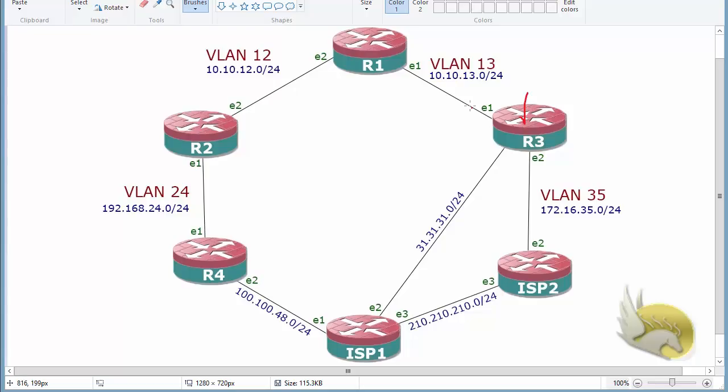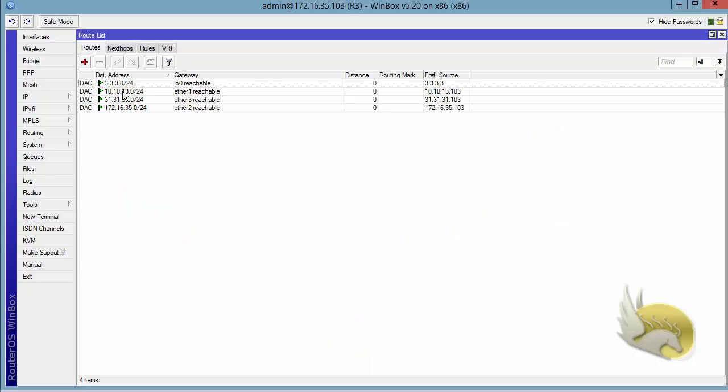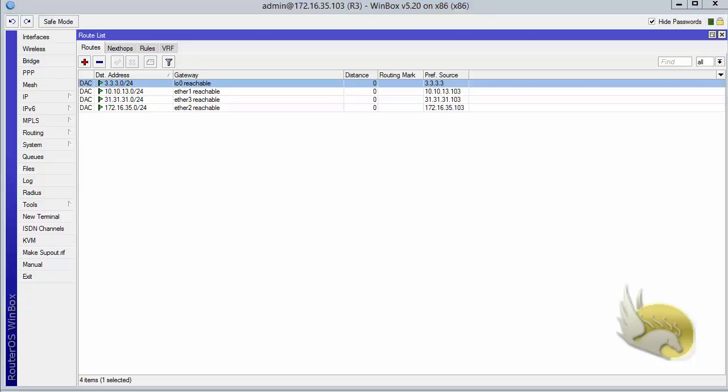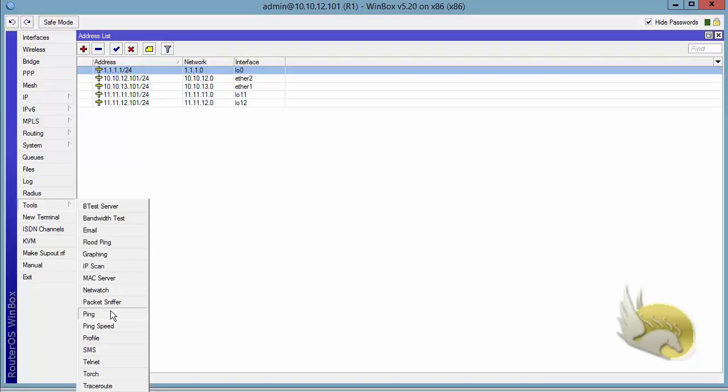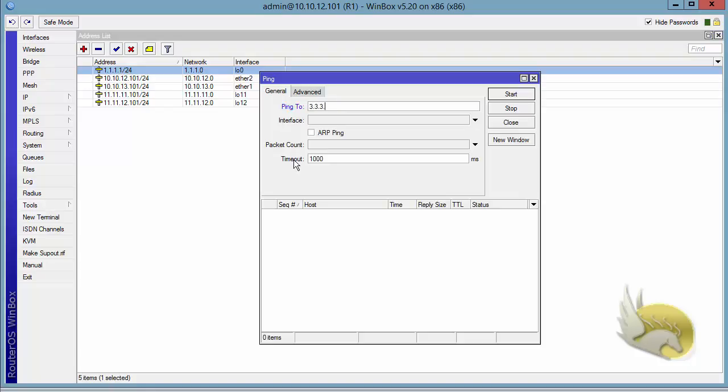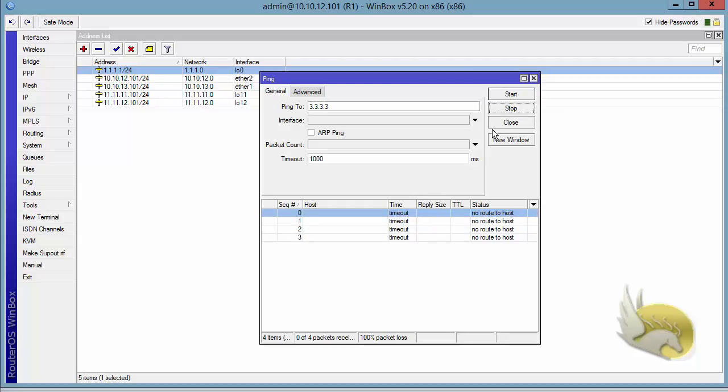Loopback 0 of router 3 is not in the same subnet as Ethernet 1 of router 1. I don't know how to reach loopback 0 of router 3. Let's show this in action. If I go to router 3, you can see that I have 3.3.3.3 as loopback 0 interface, and on router 3 this is a connected interface, but on router 1 I have no idea where this exists. If I try to issue a ping from here to 3.3.3.3, it tells me that there is no route to the host. Okay, so I need to configure a static route to show this router how it can reach